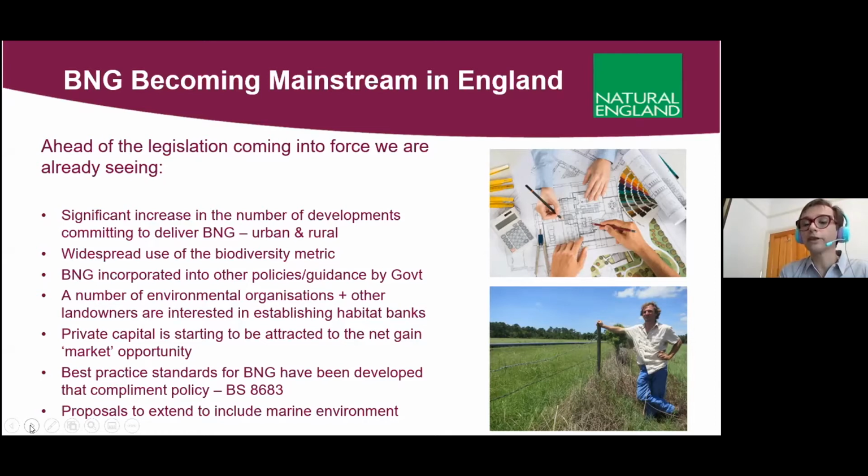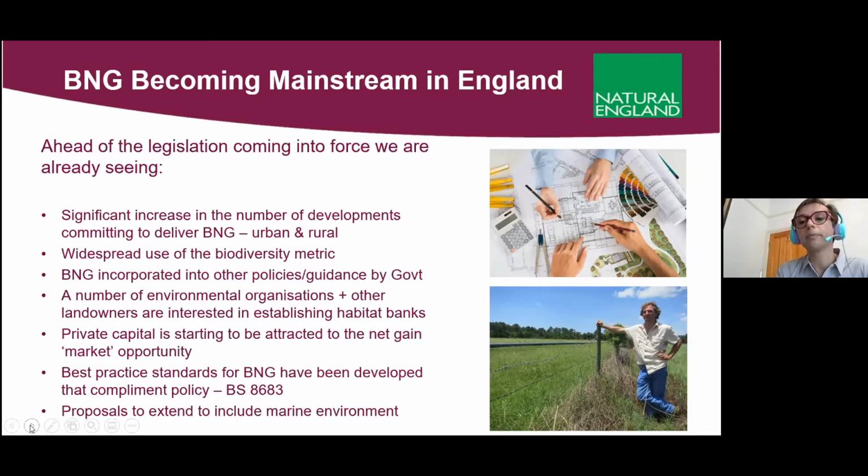And more organisations are beginning now to set up habitat banks and opportunities to create new habitats to enter into this market, both environmental organisations, but also private capital is coming in now as well. So we're seeing investment by asset managers, boutique equity funds wanting to invest in the natural environment. And that's quite unique. We haven't seen that really before. There's also more work happening on developing standards. So I mentioned the British standard, BS 8683, that was published in September.